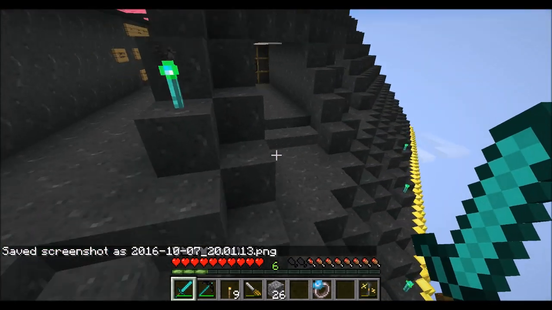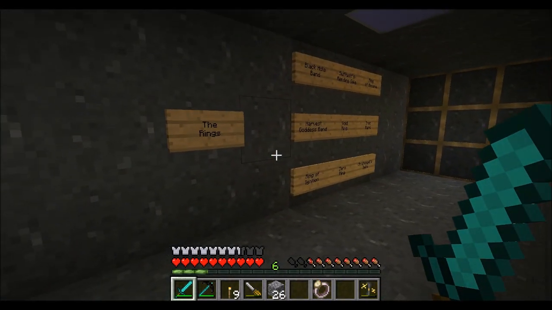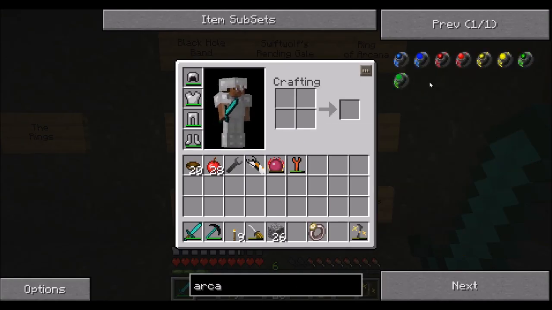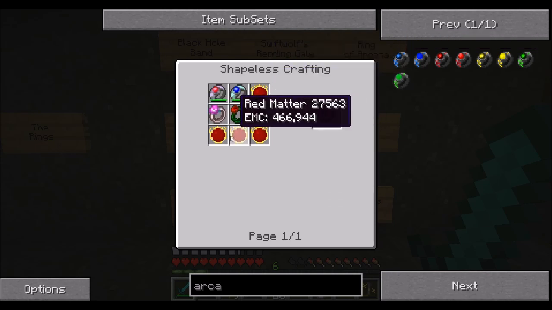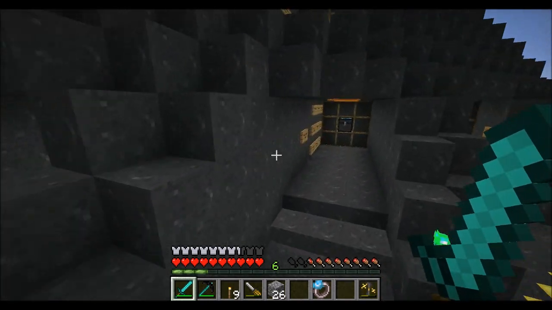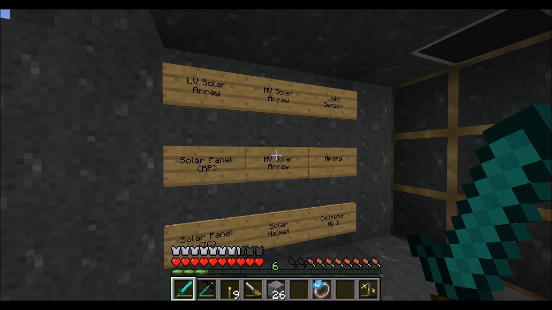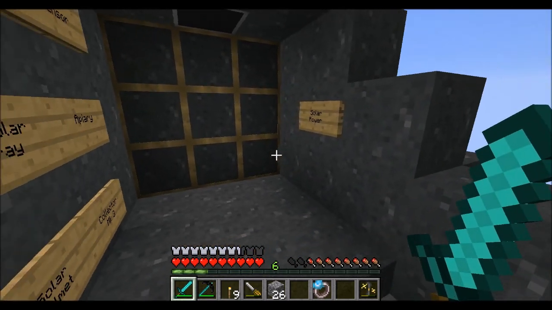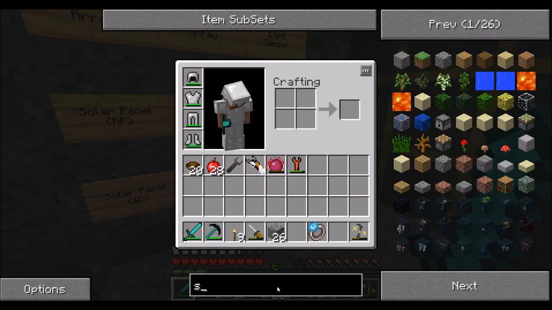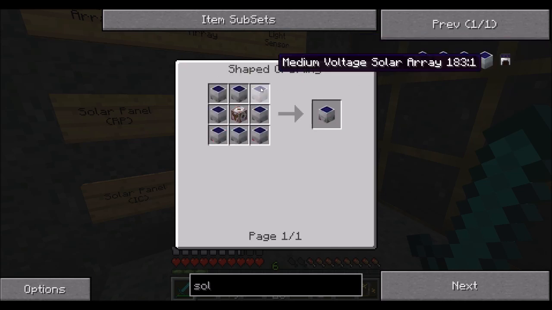So this one's done. We already looked down here for the most part, right? What's this? The rings. I could consider this. Ring of Arcana. Yeah, that's a lot of red matter. That one's complete. This requires an HV solar array, which sounds awful. Solar panel, high voltage solar array is...